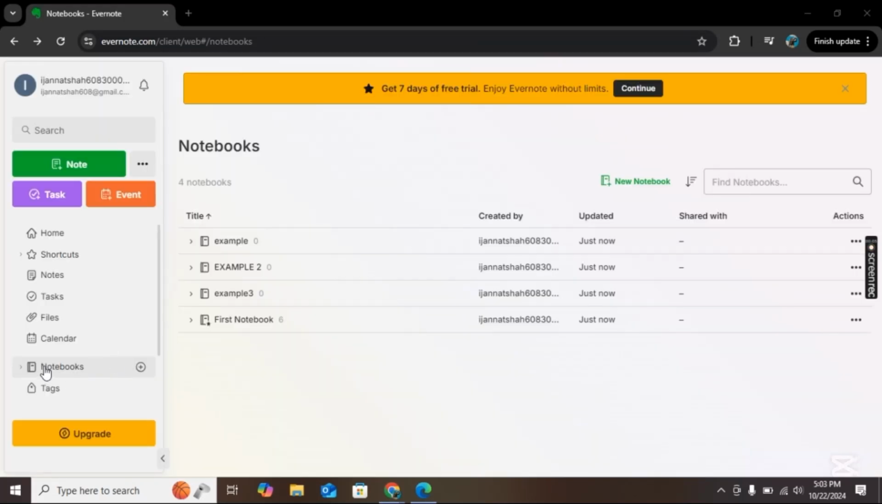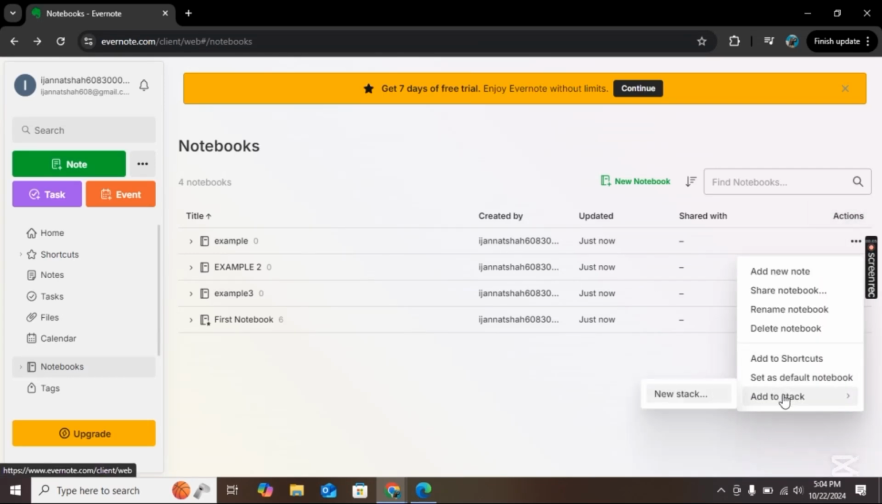So here on the left side we have the notebooks option. Click on it and then we have a few notebooks. Now we want to create a stack. For this you need to click on the three dots here on the right side and click on add to